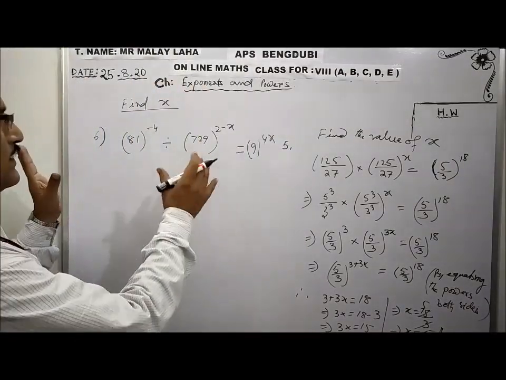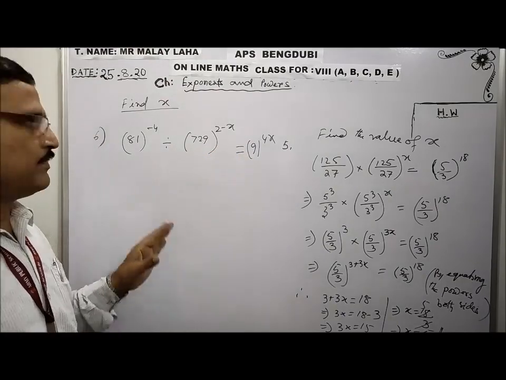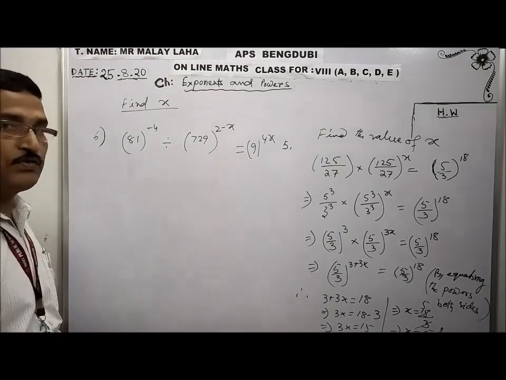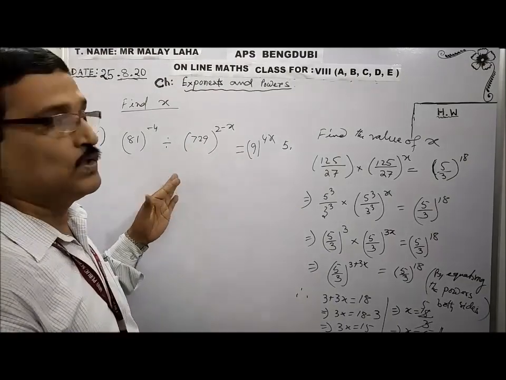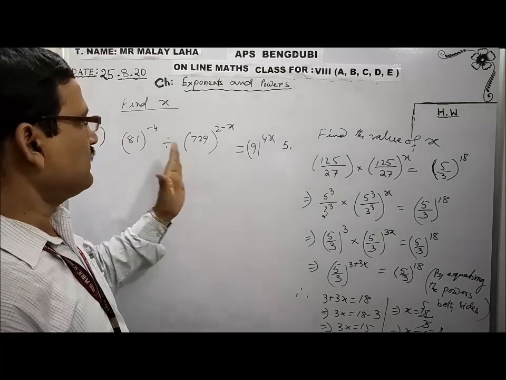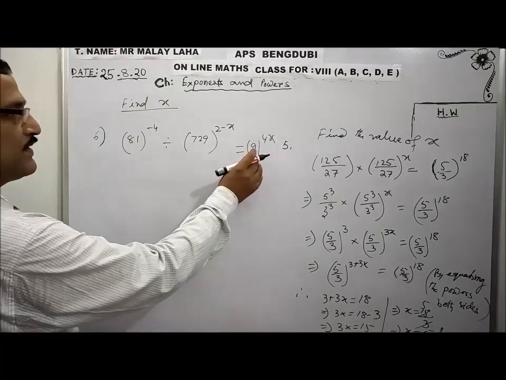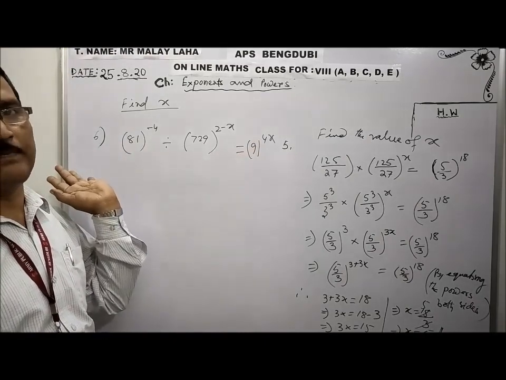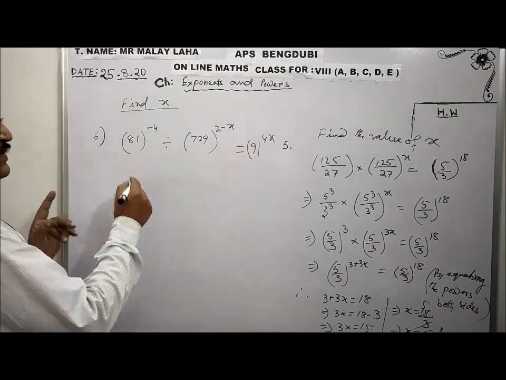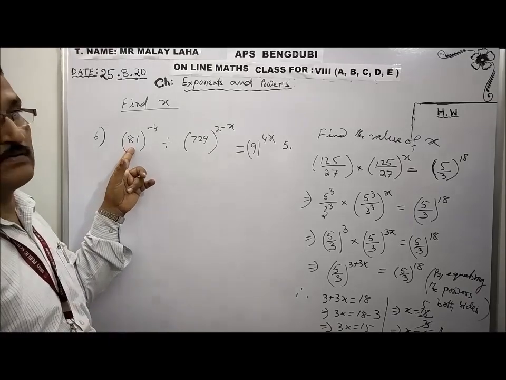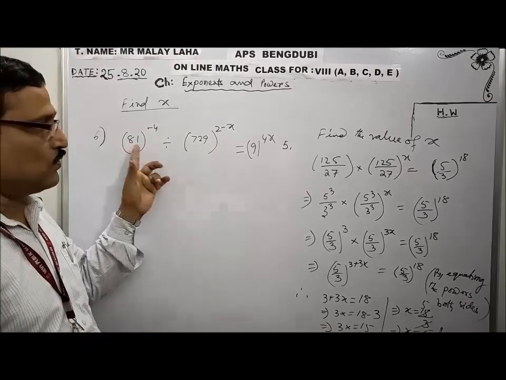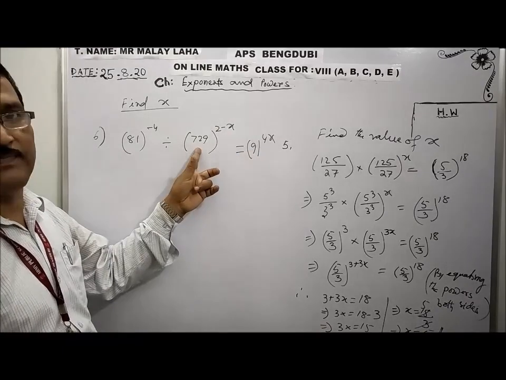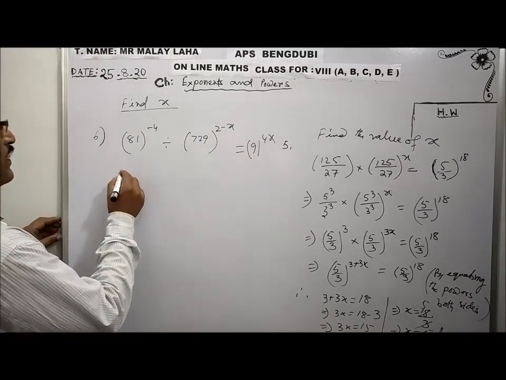So until and unless left hand side and right hand side bases are the same, I cannot apply. So you have to make the base same both sides. Since left hand side and right hand side, 9 is there, so in all cases 9 should be the base. Okay. So no need to consider, sir, I can reduce in the 3 factor also? No. Our requirement is base 9. I have to make it base 9 here.